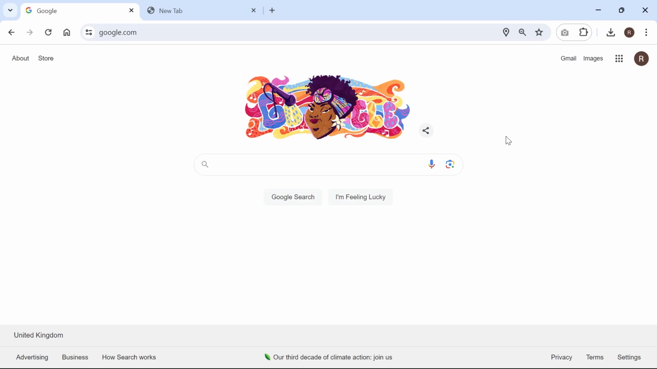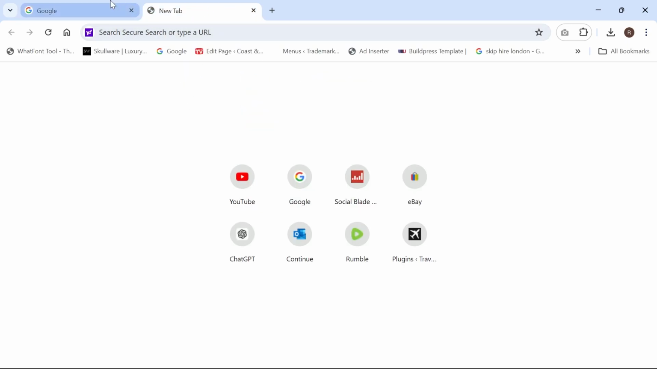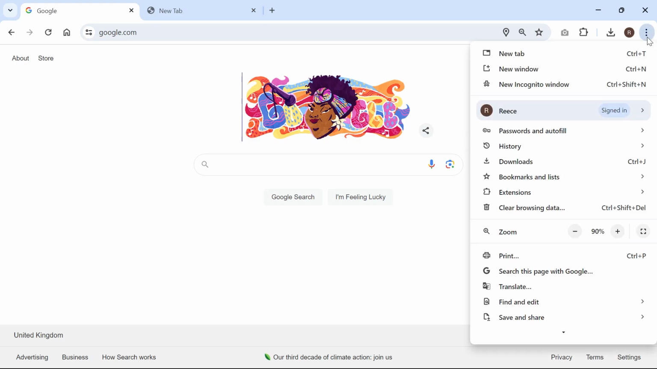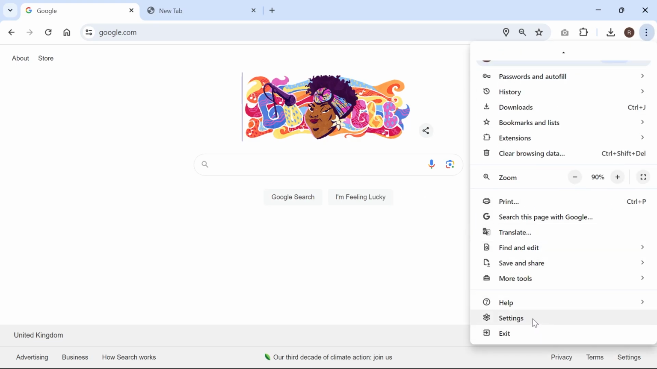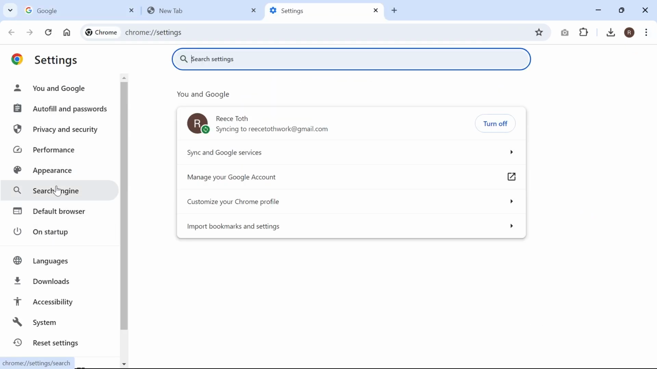In this video, I'll show you how to make Google your default search engine. So if you want Google to be the first thing to appear when you open your internet browser or when you simply open a new tab, then how we do this is click on the three vertical dots in the top right hand side, scroll down to settings right at the bottom, and from this left hand column we need to select